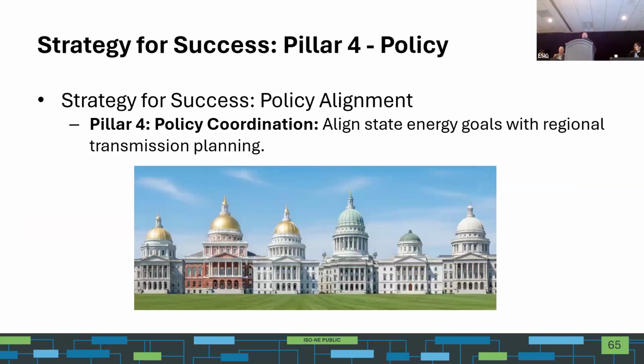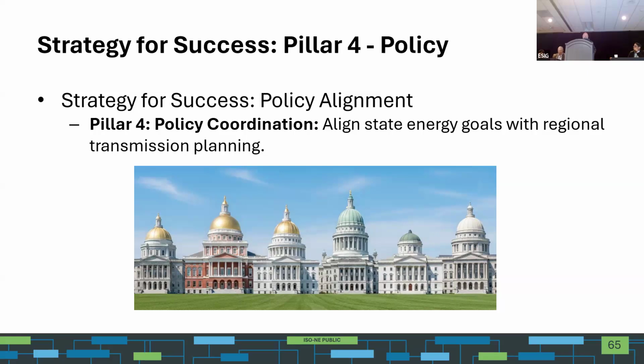And then finally, policy. So policy was one of my main drivers when we got to this point. But I think it's a very important pillar of this strategy for success. We have 6 states in New England, and all of them have 6 different rules to how they implement their green agenda.